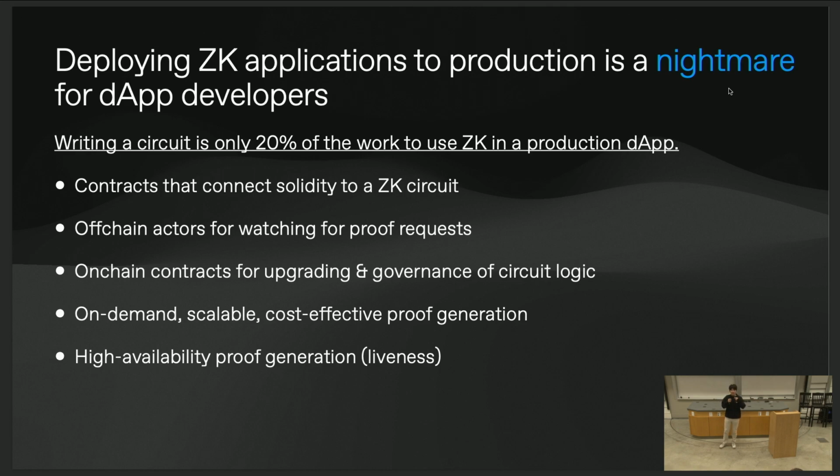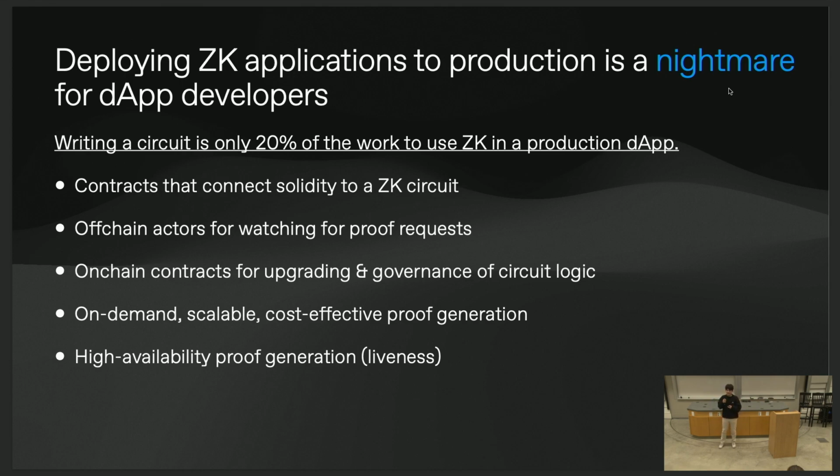And if you can get beyond these challenges, you write your circuit, you want to deploy it on chain, I think something that we've realized at Succinct, and I think a lot of other teams have also realized, is that deploying these ZK applications on chain is just a huge infrastructure nightmare. At Succinct, we wrote this circuit in a few months, but we actually realized that was only 20% of the work that it took to actually deploy a ZK app to production.